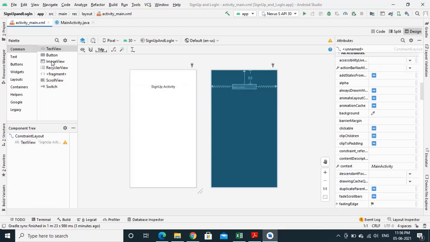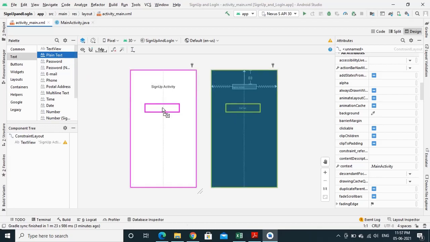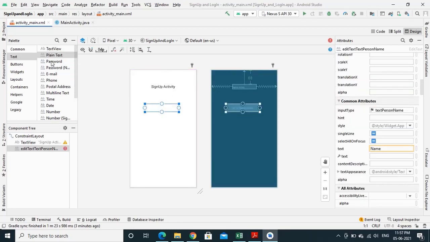Next we require edit text. Go to text palette, and here we have plain text and password. We take plain text for username and password for password.